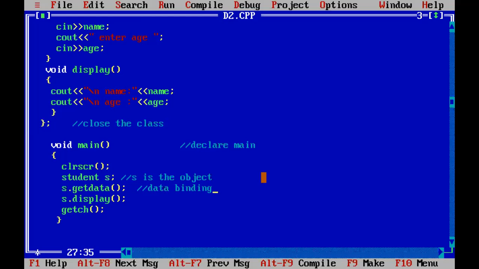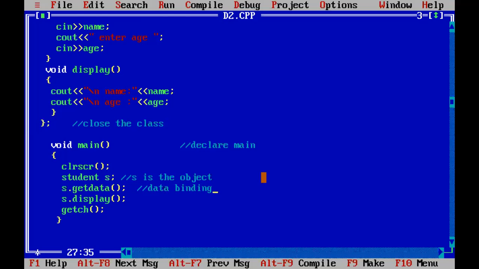So this is the opposite approach in which we are managing the main function at the bottom, and from the bottom we are calling the data which we have mentioned at the top. We can see this is a very interesting method by which we call our data, and at last we are using getch.